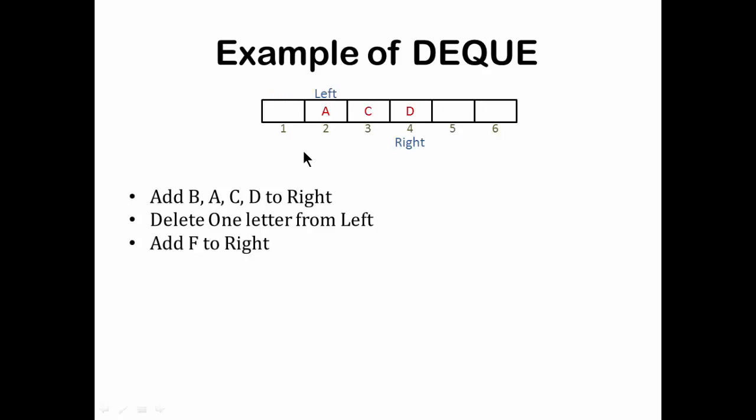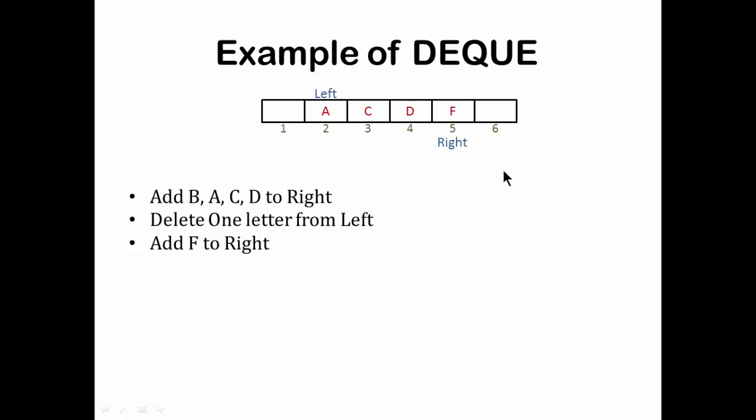Now if I say add F to right, what does that mean? That this right variable will be moving one step towards the right hand direction to add the value. Now see, right when moves right, it adds the value. Left, when it moves right, it is basically deleting the values, and vice versa. When left is inserting, it moves in the left hand side direction. When right is deleting, it moves in the left hand side direction. Okay. So add F to right means on the 5th location, F would be written